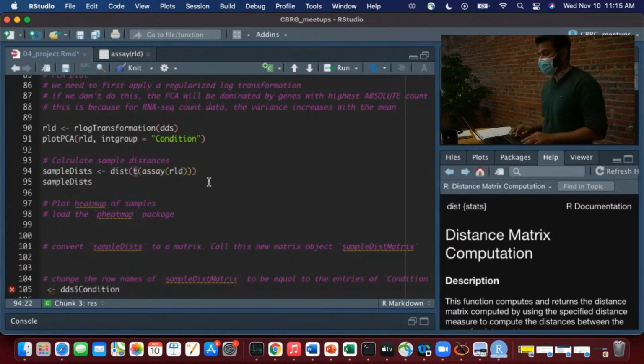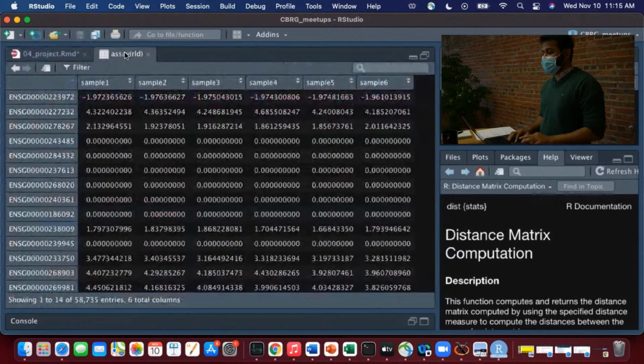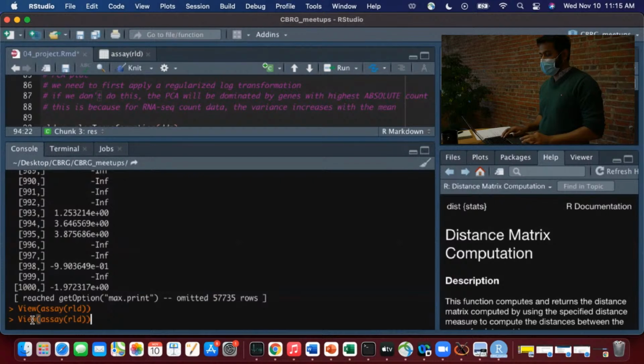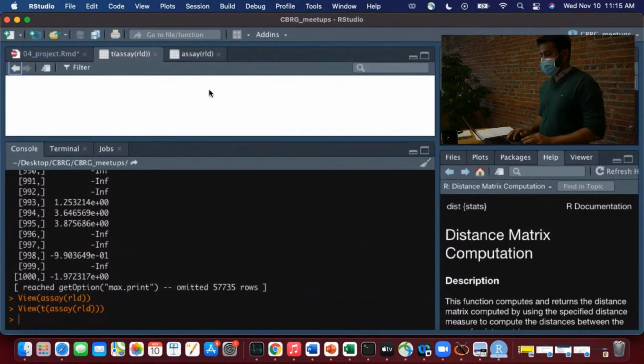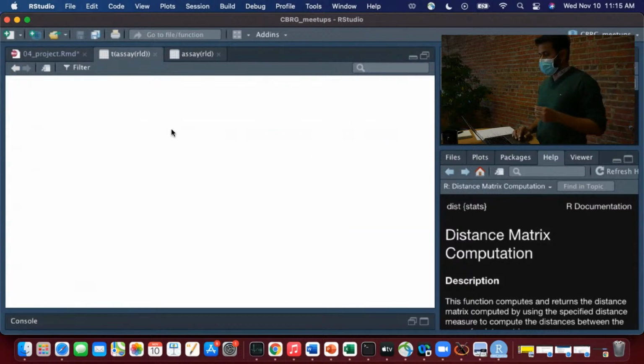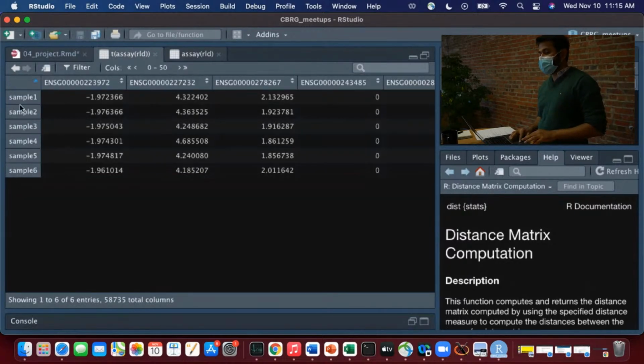There's a lot of nesting here. It's called t, and t just stands for transpose. So it'll make the rows columns and the columns rows. To view that, do the same thing, but put the transpose function. It'll take a little while to run. Maybe more than a little while. Anyway, while it's thinking about this, basically you just flip the columns and the rows. See? So now when you calculate the distances between the rows, you're calculating the distances between your samples, which is